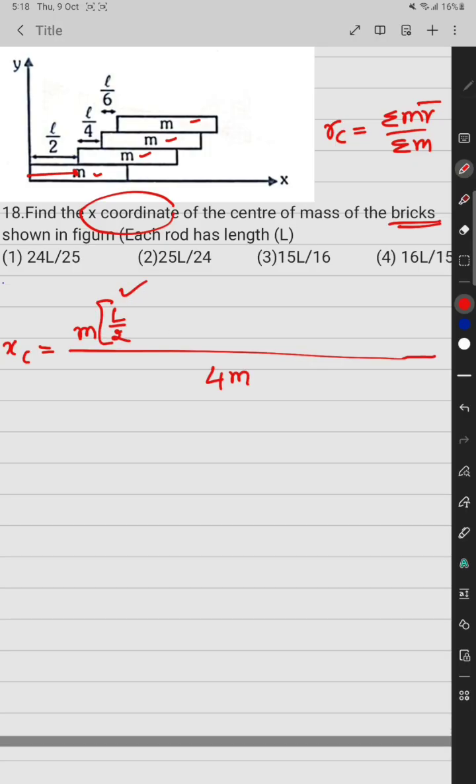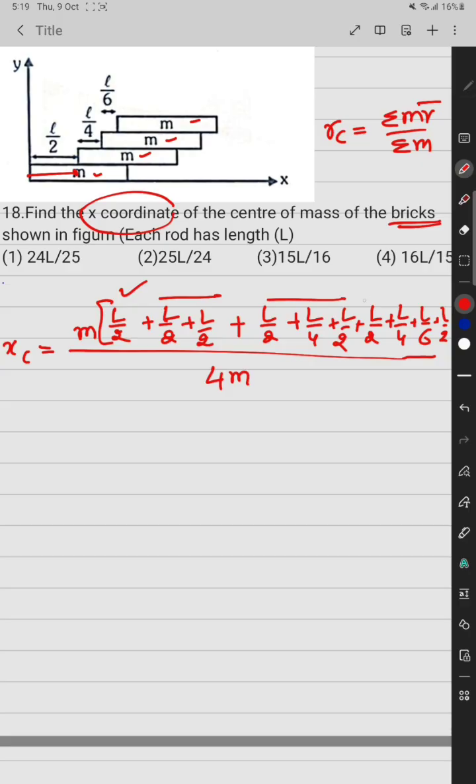So the first brick is at L by 2, and for the second brick it will again be at L by 2. For the third brick it is L by 2 plus L by 4, and for the last, fourth brick it is L by 2 plus L by 4 plus L by 6 plus L by 2. Summing all these, m cancels with m, x center of mass is equal to,